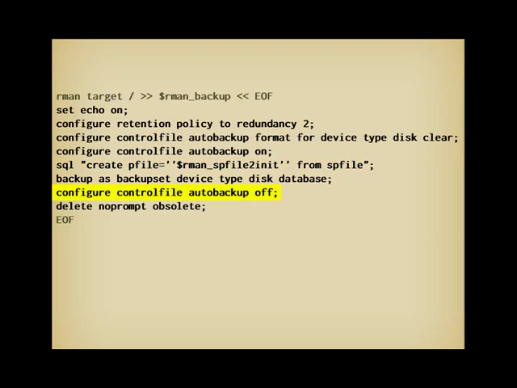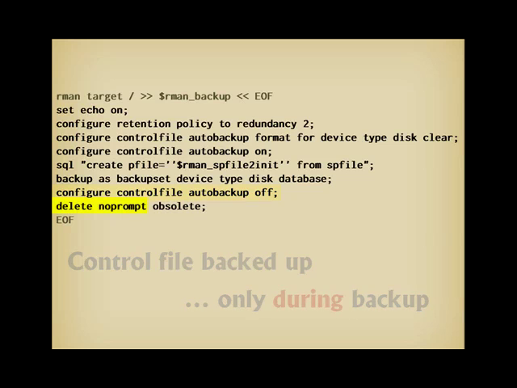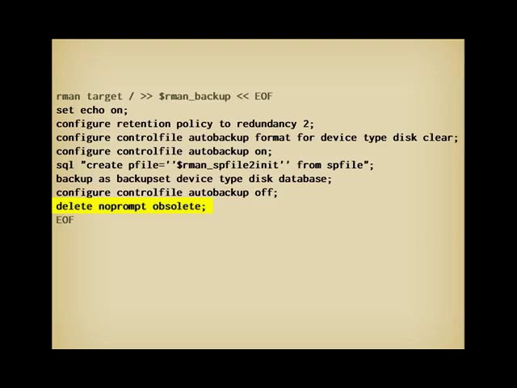If you comment it out, your control file would be automatically saved when you add a file to the database. Therefore, control files are only backed up during the backup of the database, perhaps because you aren't supposed to add files to an Oracle Express database. On some large databases, files may be added and dropped regularly, and I'd keep auto backup on. For a small database, it doesn't matter so much. Finally, the delete command cleans up, following the retention policy that was specified at the beginning of the RMAN script.